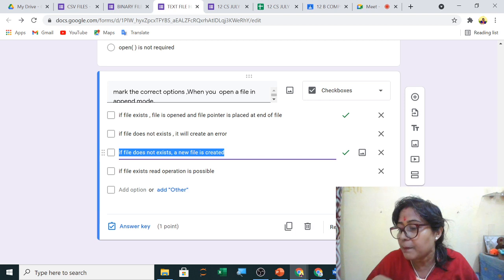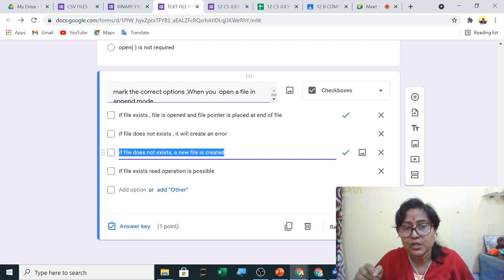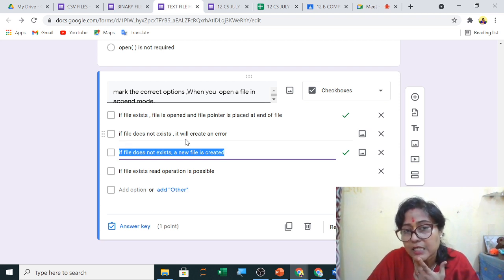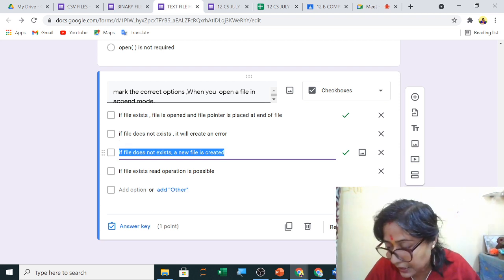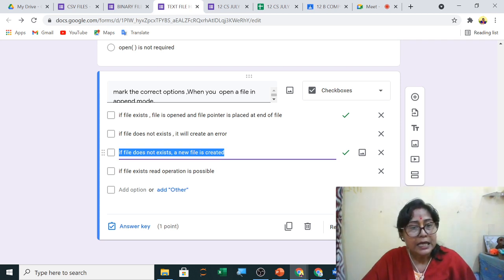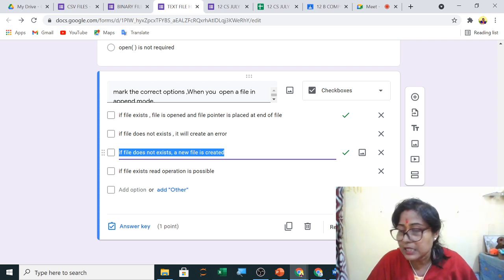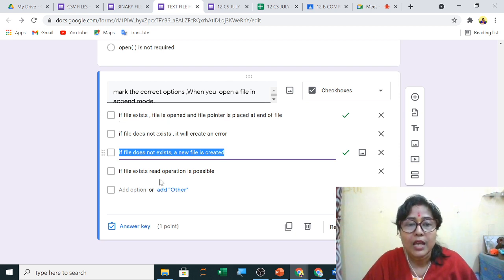Whenever you use append mode, if file is not there, only in read mode it will show the error. Here it is written, if file does not exist, it will create an error. So only in read mode it will show the error. In append mode, if file does not exist, it will create a new file. Clear? And the other two are false, so this is false. And if file exists, read operation is possible. No, because it is append mode, you are opening in append mode.